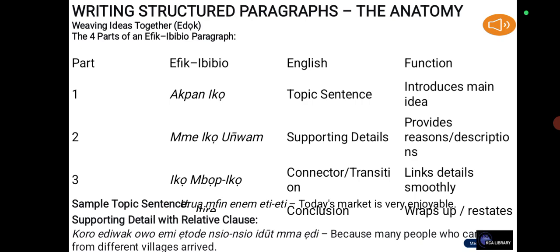A good paragraph has three parts. The first part is the topic sentence that states the main idea. The second part is the body with supporting sentences that give reasons, details, and sequence. The third part is the concluding sentence that wraps it up or states the result. Inside the body you use causal connectors like coro to explain why, contrastive connectors like edi to show problems, and sequential connectors like ecom to order events. You also use relative clauses with emi and de to add detail without extra sentences.